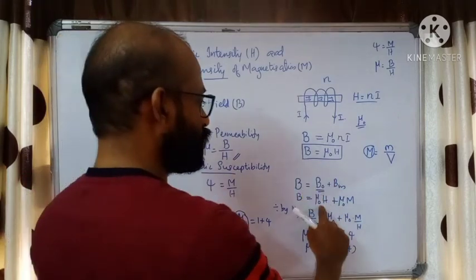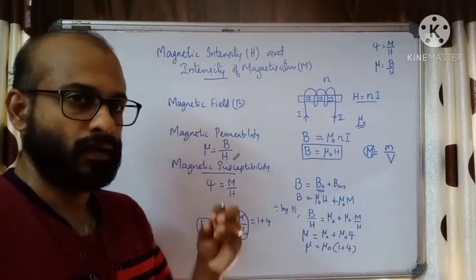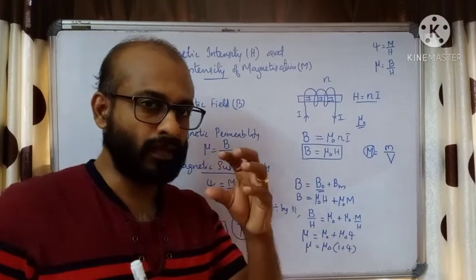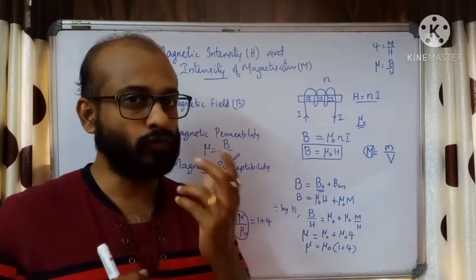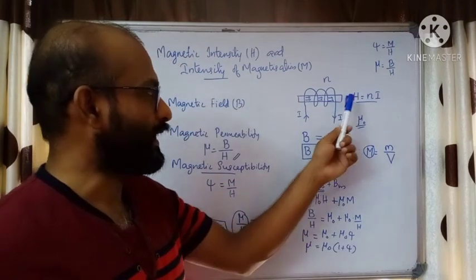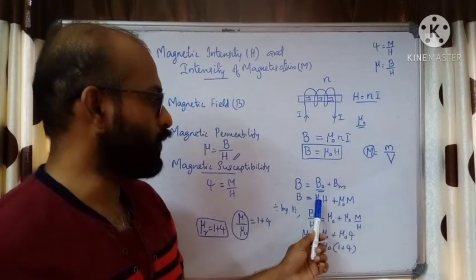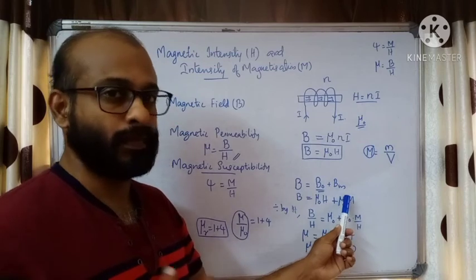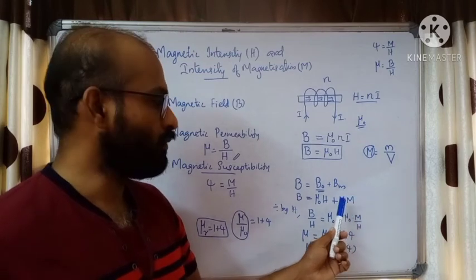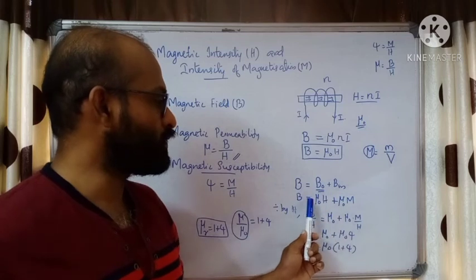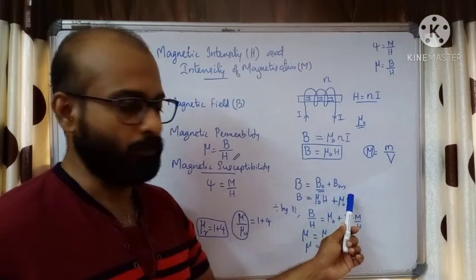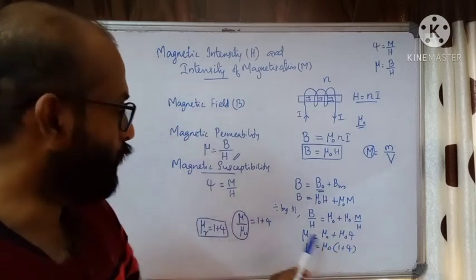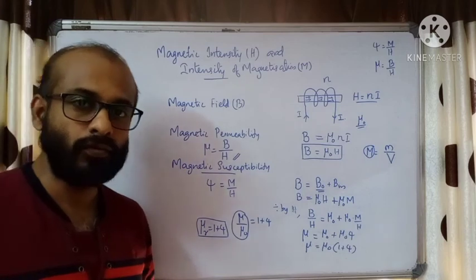Now in this equation we have two fields. When we place a ferromagnetic material in a current carrying solenoid, the material will be magnetized. Within the region inside the solenoid, there are two fields. One field is due to the current in the solenoid, which we represent by mu 0 H. Another magnetic field is due to the magnetized material, the intensity of magnetization, mu 0 M. So the net field B is equal to mu 0 H plus mu 0 M. When we rearrange, we get mu is equal to mu 0 into 1 plus psi. Mu by mu 0 is called the relative permeability.